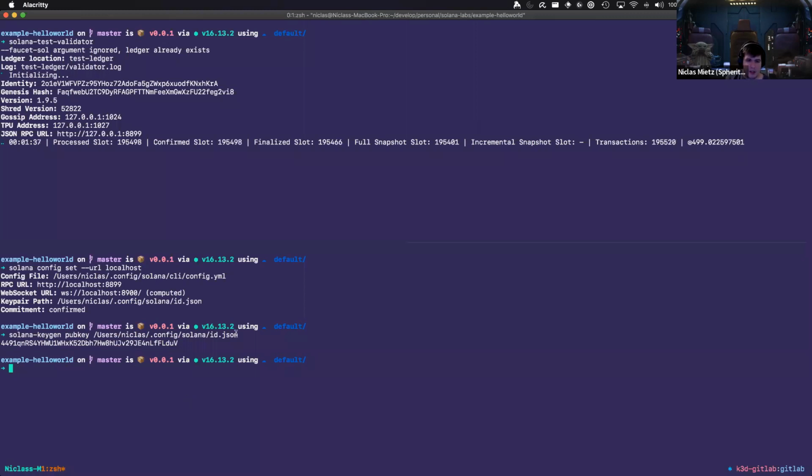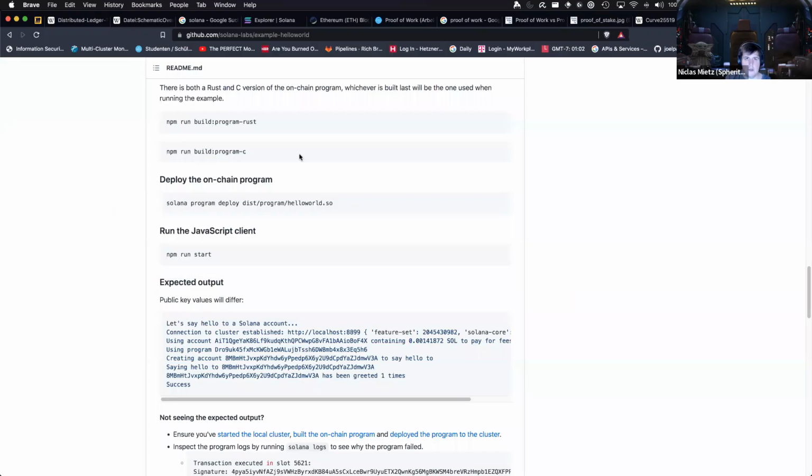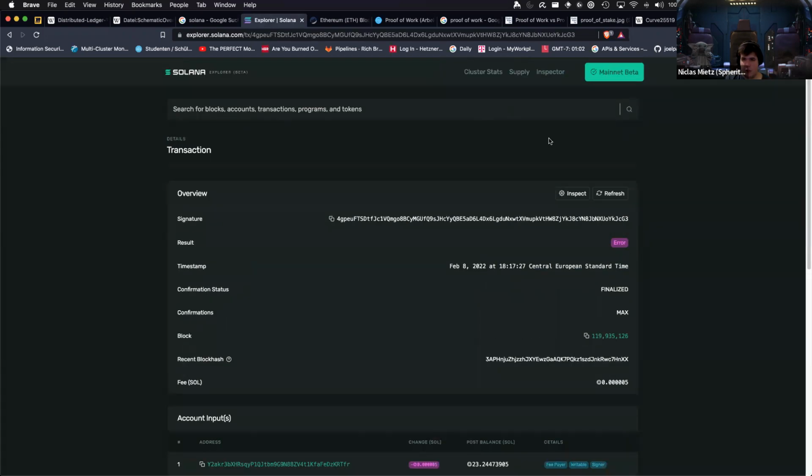Under ID JSON, you will find the private key of it. As I said, it's quite easy to generate the public key out of it. And it's written in form. So that's cool. So now let's do the next step and let's connect to our chain,